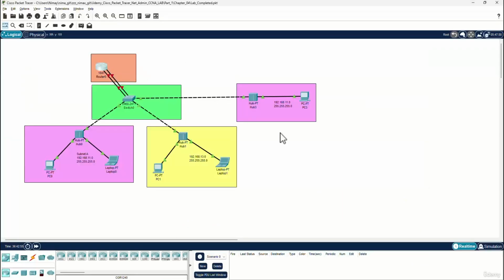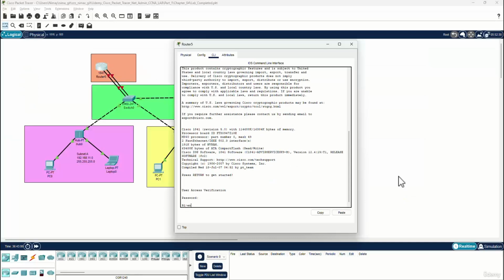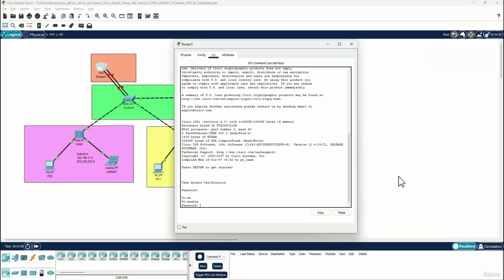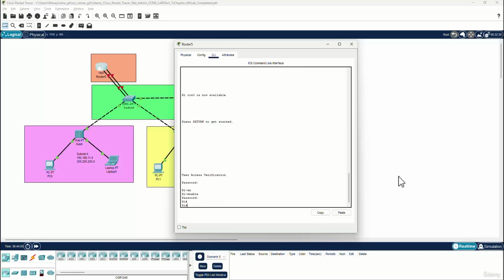So, router Cisco, enable Cisco. All of the passwords are Cisco. You can check the interfaces using the command show ip interface brief. We have no IP address configured. So conf t,